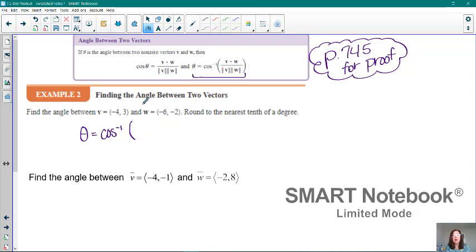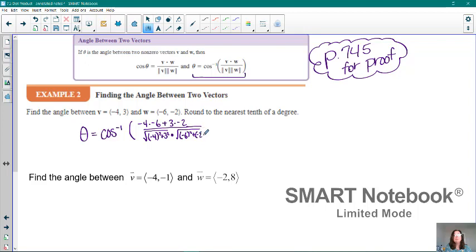Okay, so remember the dot product is the horizontal components multiplied together plus the vertical components multiplied together, divided by the product of the magnitudes. So the magnitude of V would be the square root of -4 squared plus 3 squared, times, now not dot, times the magnitude of the other vector, vector W, -6 squared